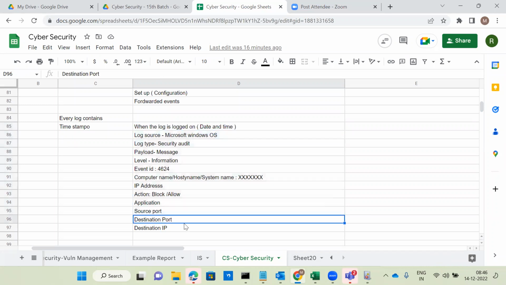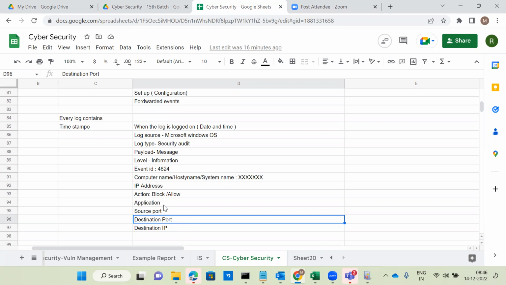As I said, from the interview point of view, in very rare cases, maybe one out of 100 interviews, the interviewer will share their screen, not your screen, and will ask, from this log, what did you observe? Or what did you identify? What is the conclusion? Now you have to go through the entire log and understand. That is called analyzing skill.